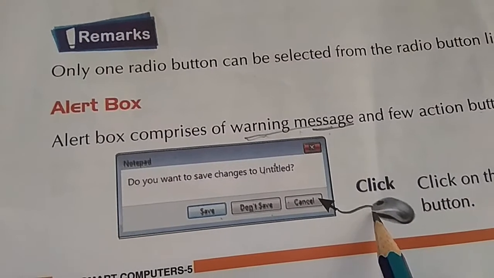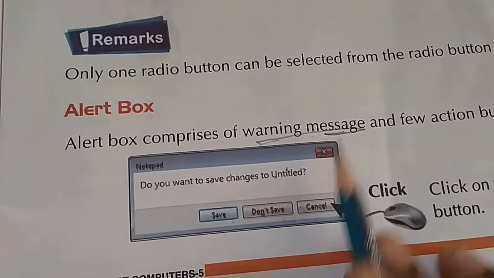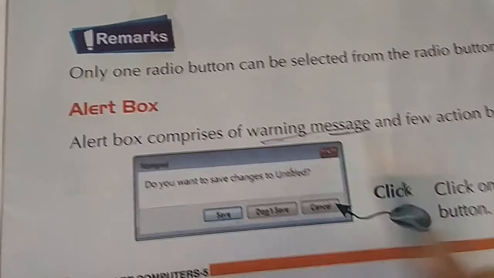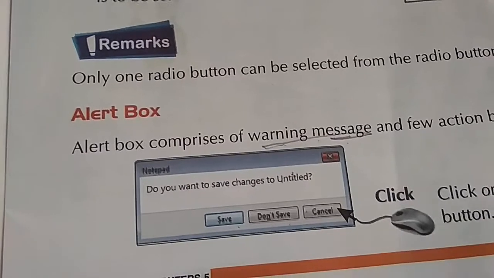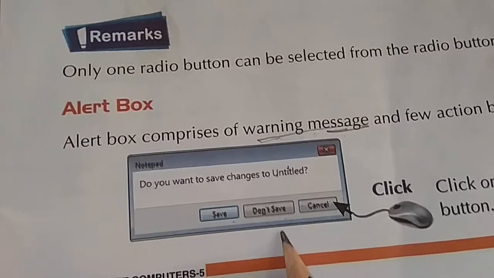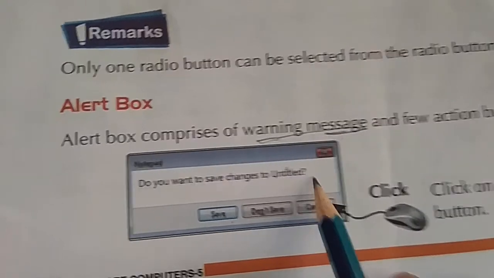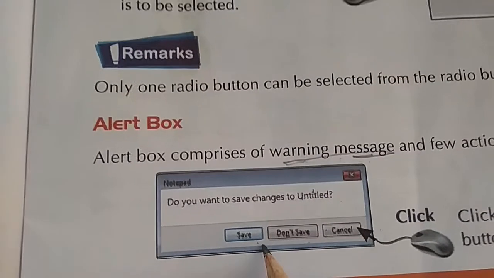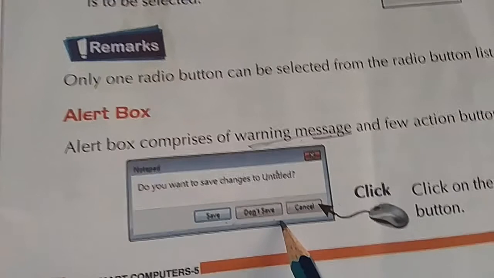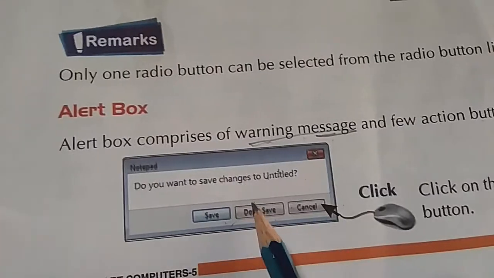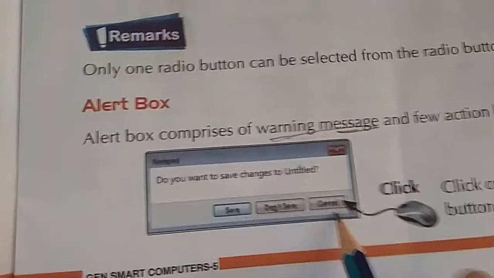This is a button, save, don't save, cancel. Do you want to save changes? So if you want to, click yes to save. If you don't want to save, click on don't save. If you want to cancel, then click on cancel.